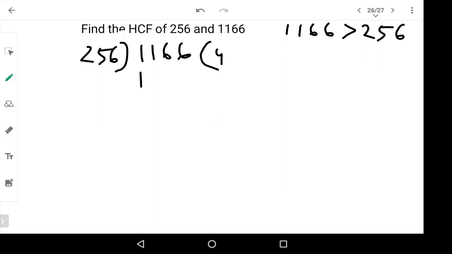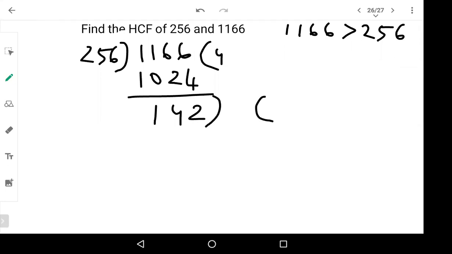Now, how much is the remainder? 6 minus 4 is 2. 6 minus 2 is 4. And we have 1. That 1 and 1 will go away. So 142 is the remainder. Now, which number am I supposed to take now? Good. Few of them have already solved. Lakshmi, 4 is not the answer, my dear. Please check once again. Yeah, 256. Very good. So 256, we will take it here.